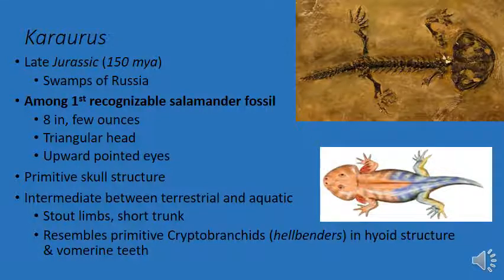We have modern day salamanders as either larvae or adults. You can oftentimes have them in forested areas versus only a handful being fully aquatic. Most of them as adults live in forest or transition to land. And so Karaurus from the Jurassic is really thought to be this fossil, an intermediate between terrestrial and aquatic habitats,